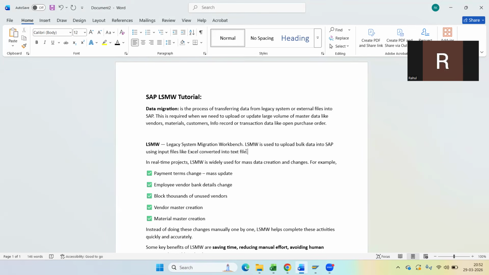Earlier, the payment terms was immediate. Now you need to change the payment terms to 30 days. As there are 7 to 8,000 suppliers, it will take too much time if you do this manually. Similarly, there are certain changes to the bank details of vendors or employees,